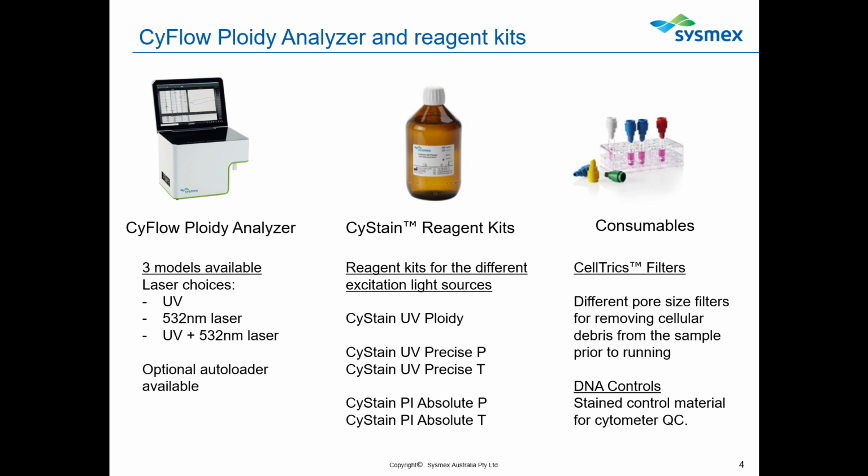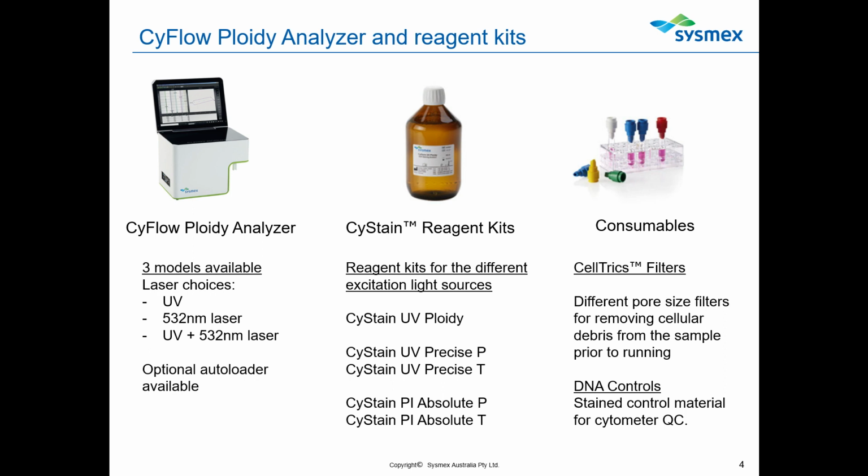So the SciStain reagent kits, we have a variety of reagent kits based on the different light sources in the instruments. So we've got a UV Ploidy kit, which is mainly used by the fishery and oyster customers. We've got UV Precise P and a UV Precise T kit. These are a two-step kit for first extracting the nuclei and then a second step for staining the nuclei. And then the same kits with PI as the dye, where we have PI Absolute P and PI Absolute T. And this is more for looking at genomic size, so the absolute size of the genome in both plants and